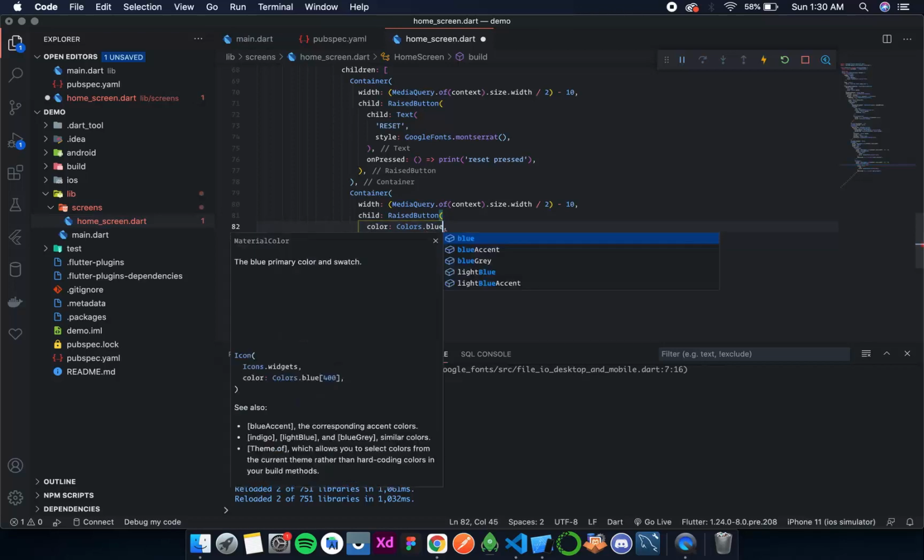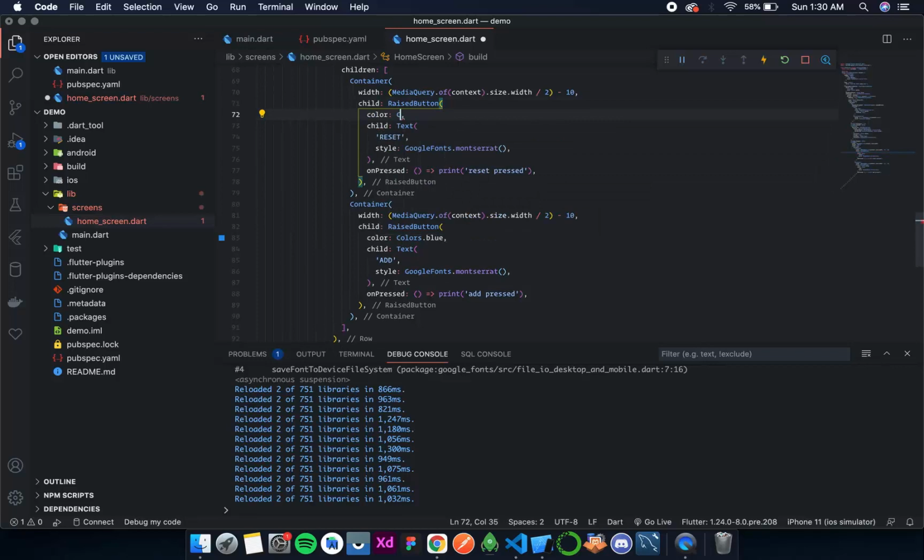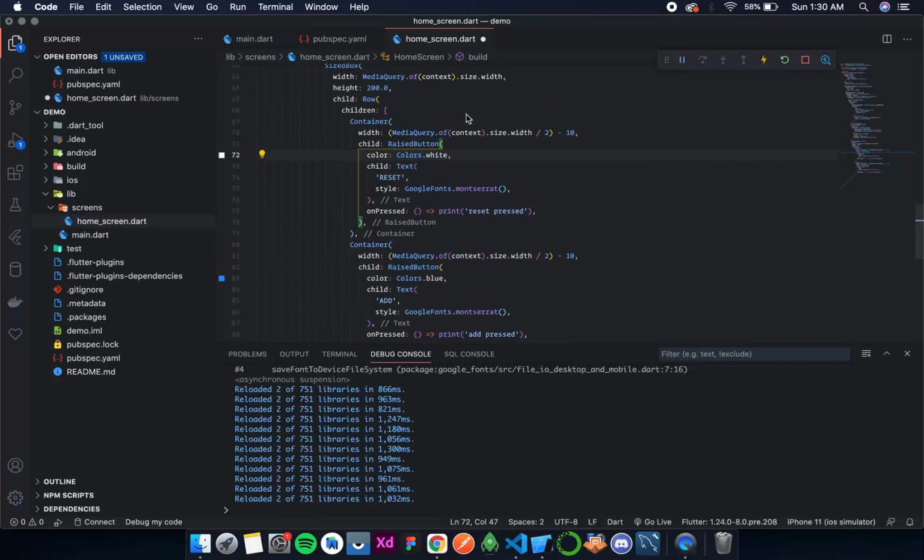Cool. Now in this raised button, let's add a background color, or we simply call it color. Colors.blue, and here the color is Colors.white. Now let's see what is left.